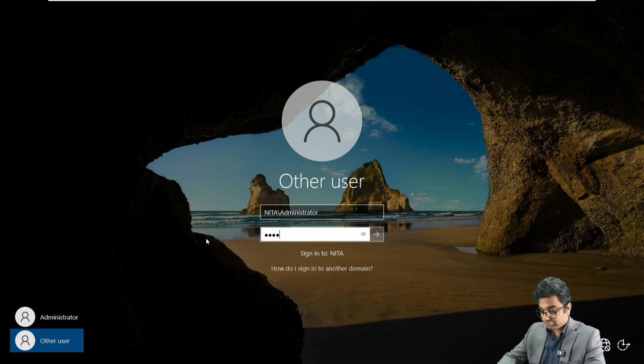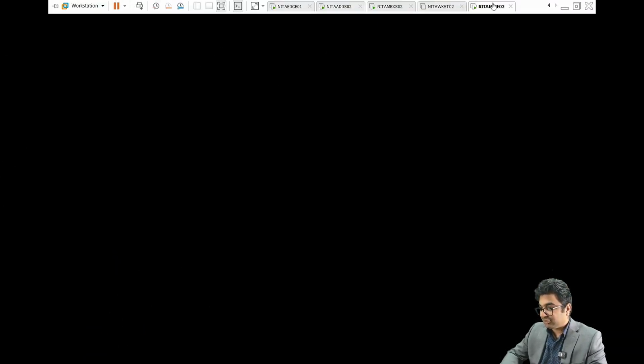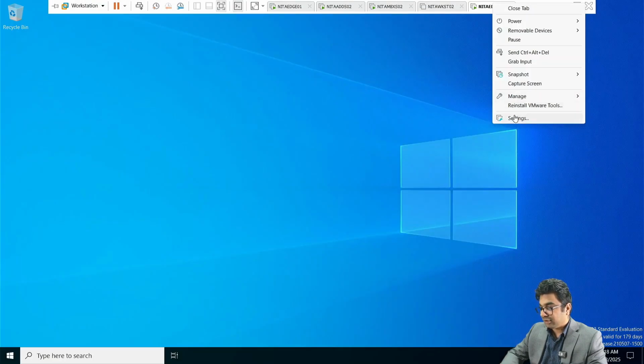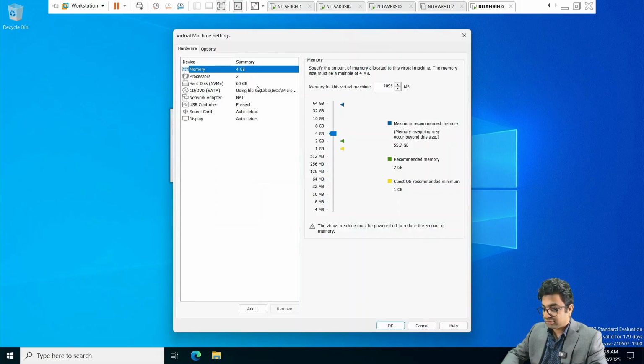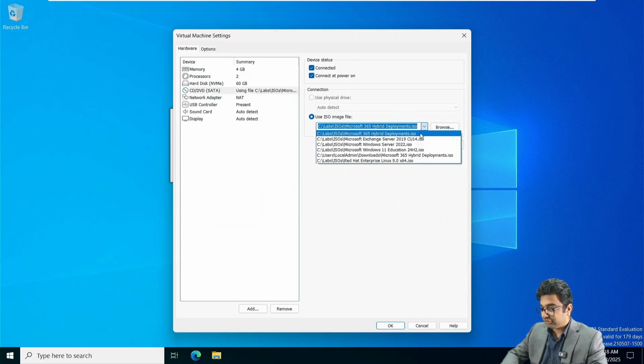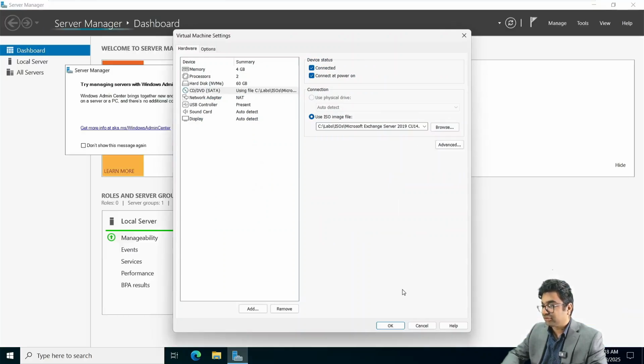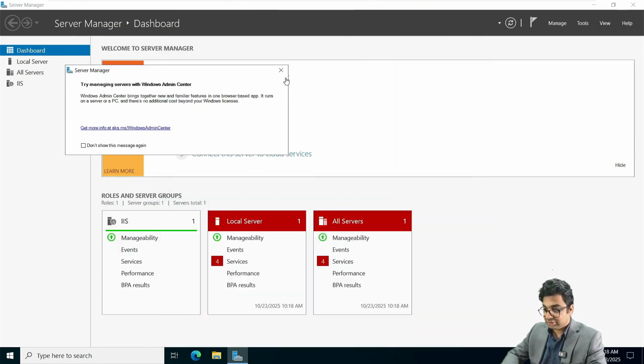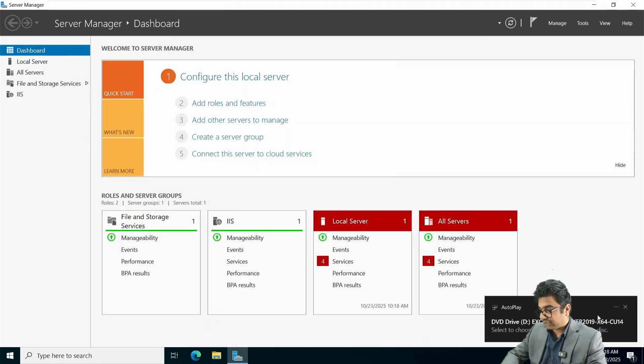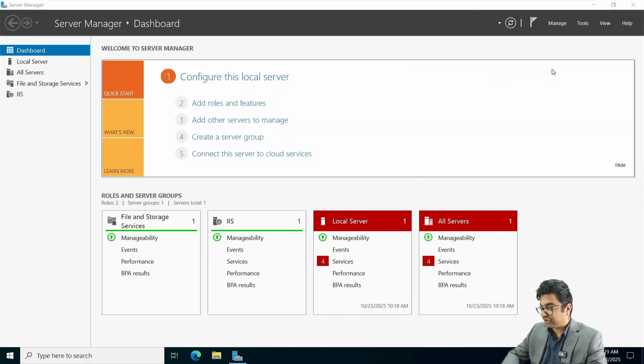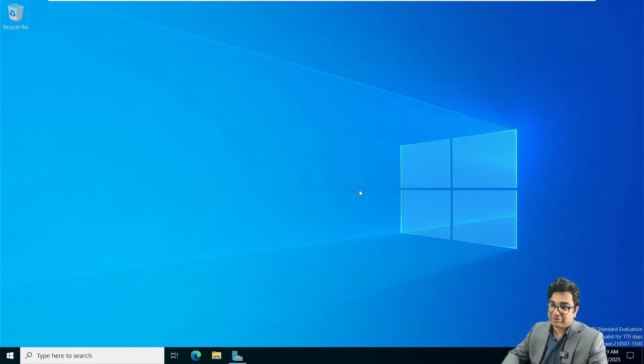Administrator password 1350. Yep. Now, once I'm here, settings, CD/DVD SATA, and ISO, the ISO file for Exchange Server 2019 CU14. Yep. Run setup.exe. Now, this is one of those things wherein, yes, I do a little bit of trickery just